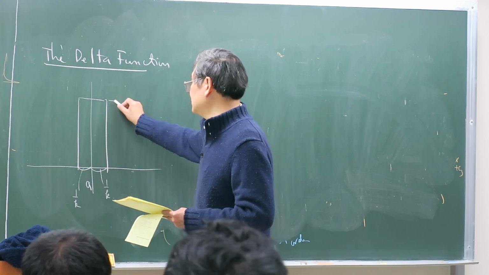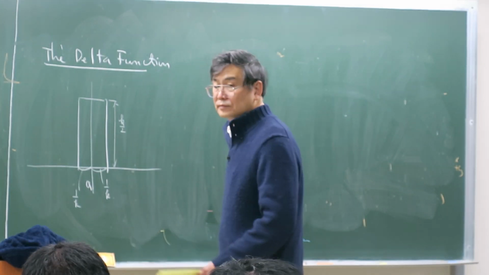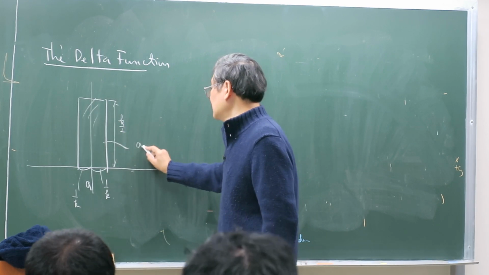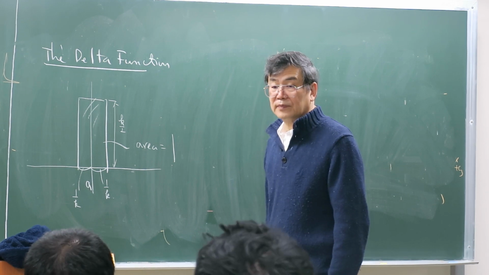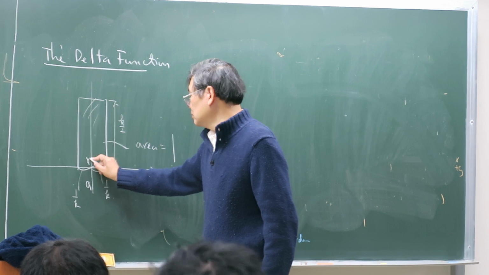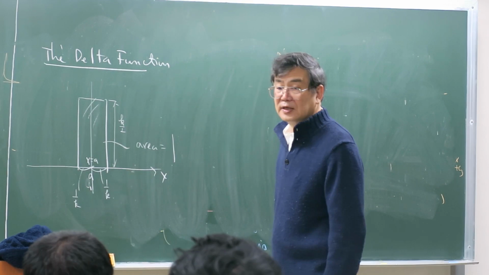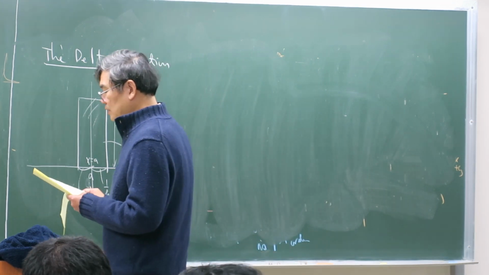And the height is k over 2. Okay, so the area equals 1. This is the x-axis, and this is x equal to A, located with center at A. So we call this function